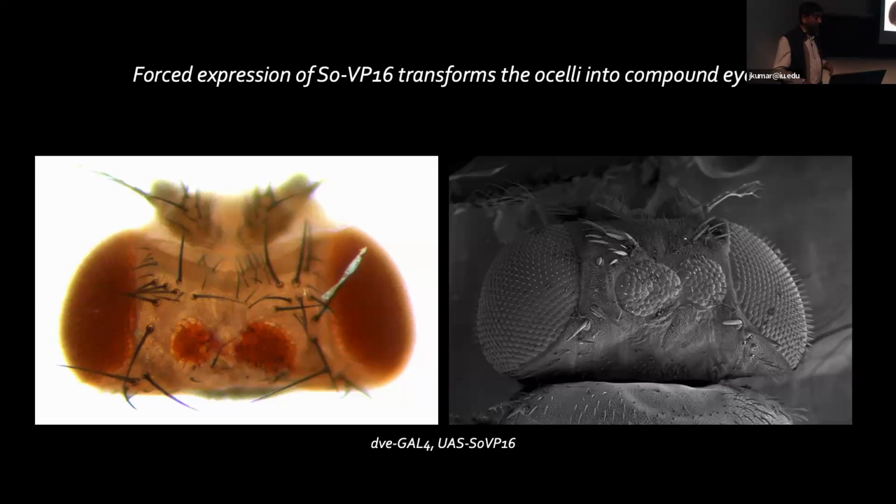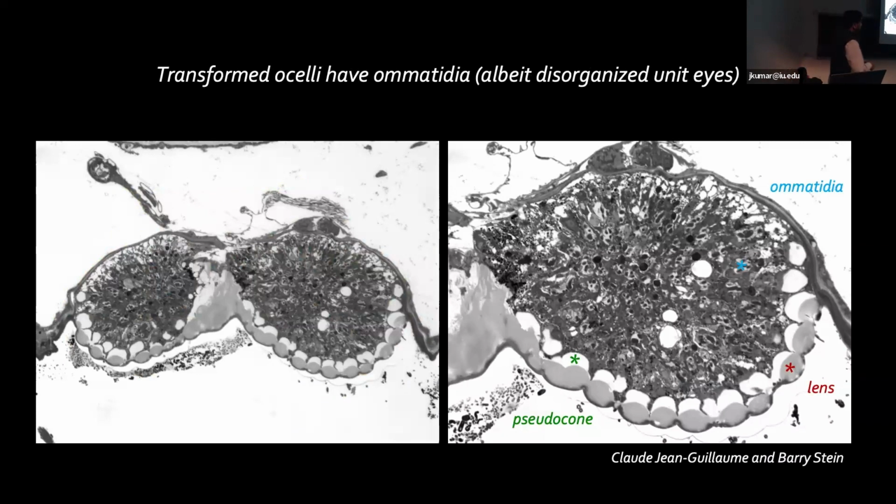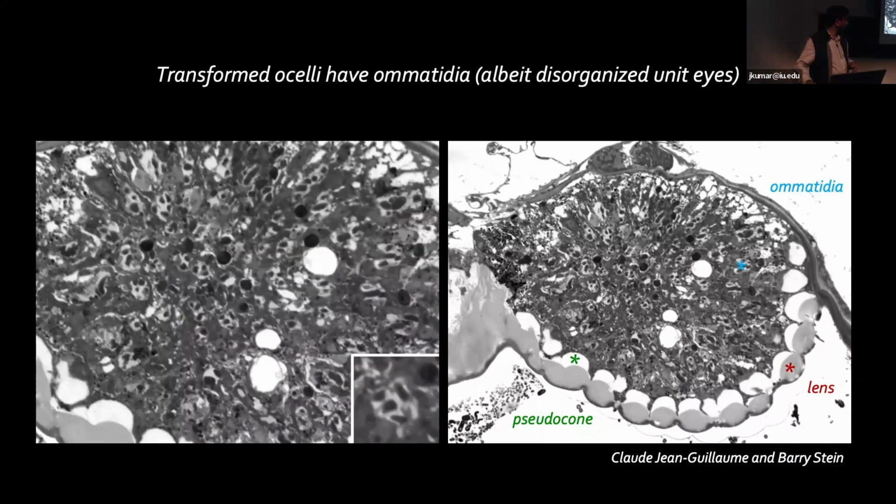If we take sections through those, I've marked them all, you can see the pseudocones, and you can see the lenses, which you saw now in section. You can actually see little clusters of photoreceptors. There should be an inset on this slide, and you can begin to see all the open rhabdomes, and you can see individual rhabdomeres. Now, there are very few ommatidia in these dorsal eyes that look completely normal. So we have not gotten a beautiful compound eye with nice seven or eight photoreceptors, but it has done pretty well.